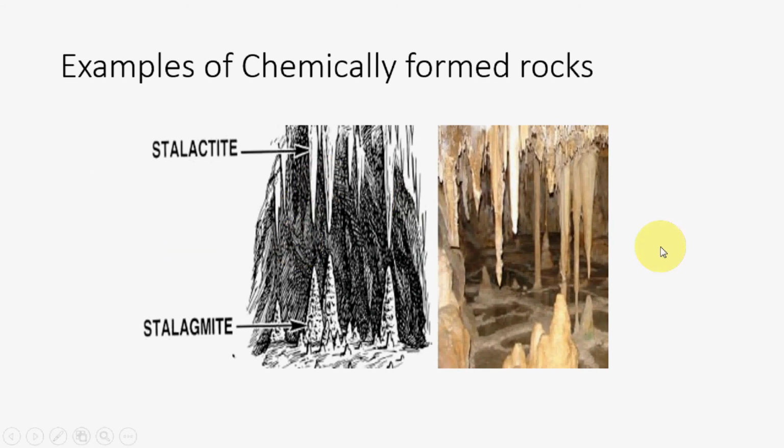I think you have heard of these kinds of caves in Mexico. In that water, there was calcium carbonate combined with the water itself. Once the water evaporates, the remaining parts form these cave-like structures. The upper part is called a stalactite, and the lower part is called a stalagmite. This is one example of chemically formed sedimentary rocks. They are very beautiful; you can check them out on Google. The calcium carbonate is spread all over once the water evaporates.